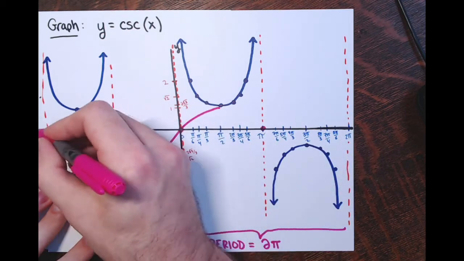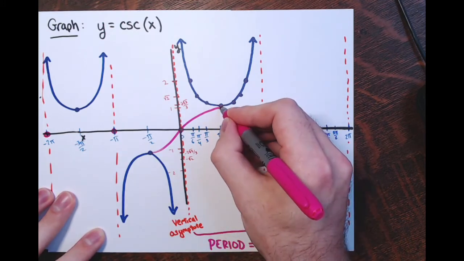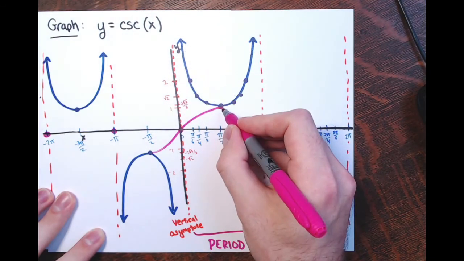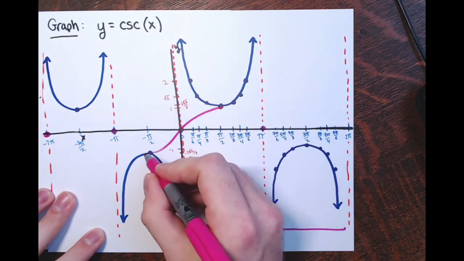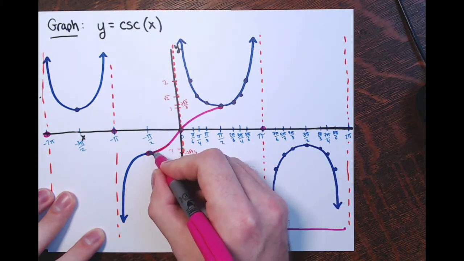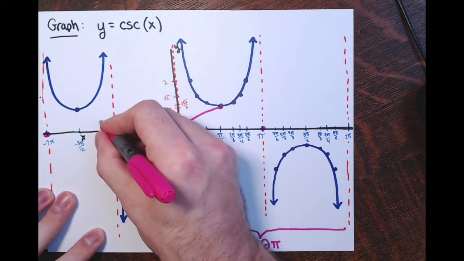Everywhere there's an asymptote is where an x-intercept of the sine graph will be. And at the bottom of one of these U-shapes for a cosecant will be the top of a hill for the sine. And at the top of a hill for the cosecant will be the bottom of a valley for the sine. So here would be a graph of the sine function